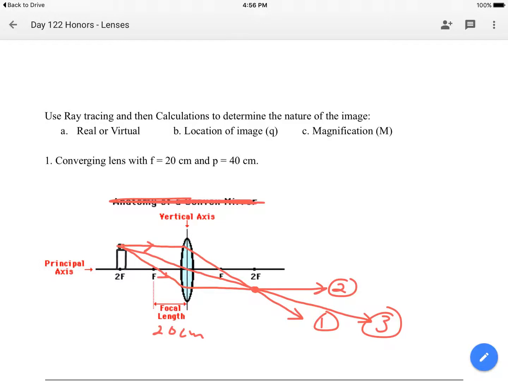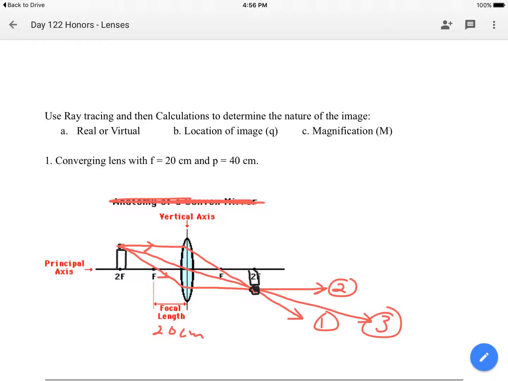The candle will actually be now upside down, located close to 2F here. All right, so that black dot I'm drawing is actually the flame of the candle. That's my image. All right, if I do the calculations here, and once again, I could draw a lot more rays. There's millions of other rays of light. I wouldn't do this on a homework. Once again, on the homework, I would just draw 2 of these 3. But just to show you,